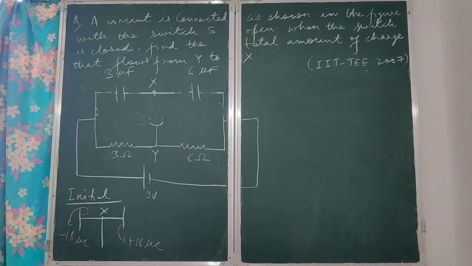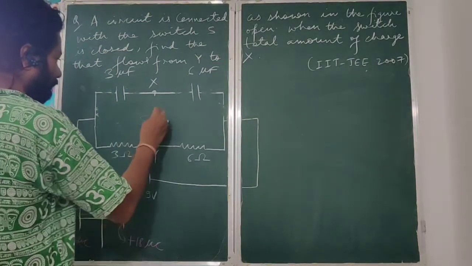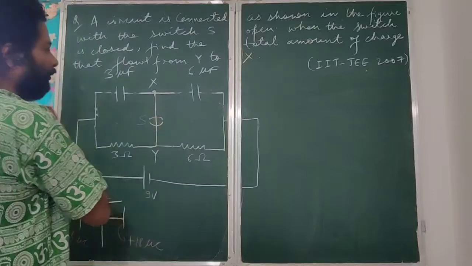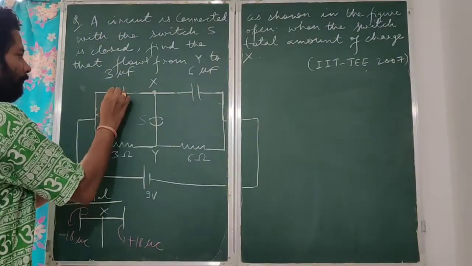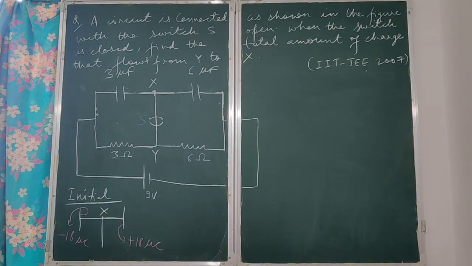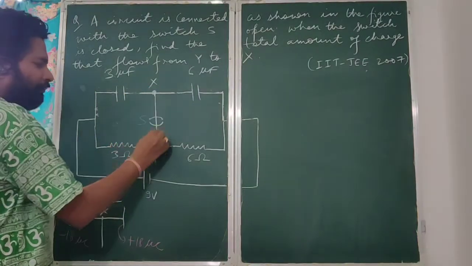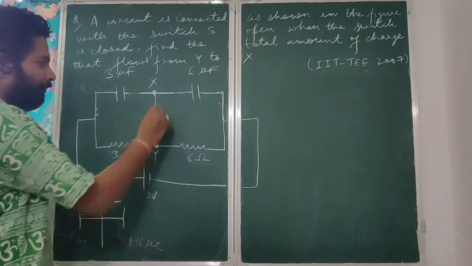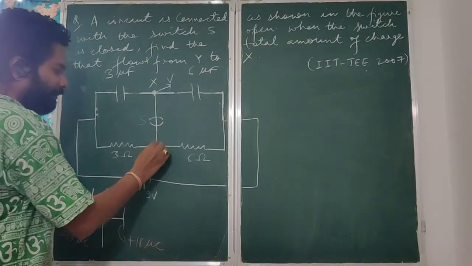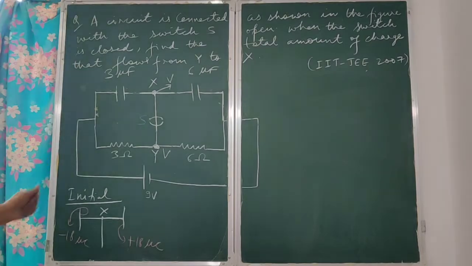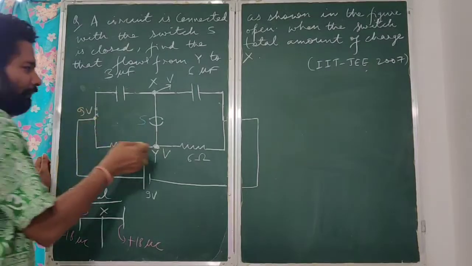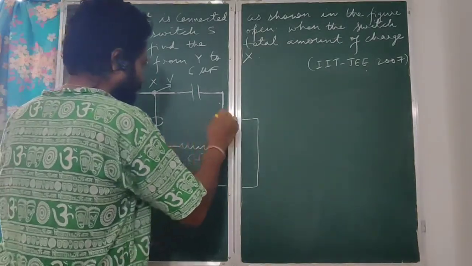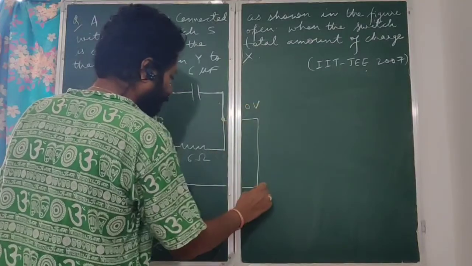So now this circuit is something like this. You have connected it. As soon as you are connecting it, these 2 points will acquire the same potential. What will be the potential here? Let us say V. Now this is 9 volt. So what will be the potential at this point? I can say it is 9 volt. And this point I can give the potential as 0 volt because all this will be 0.